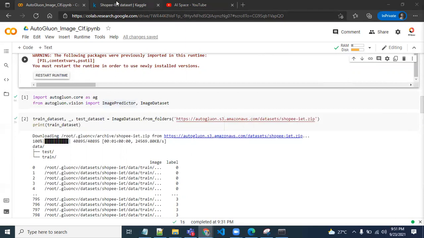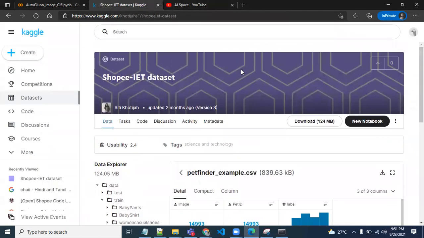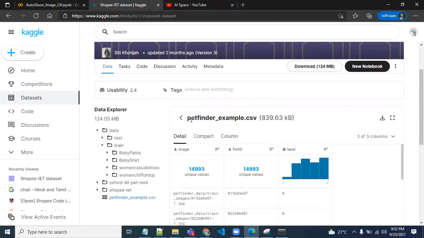So you can get this data from this Kaggle website. I will paste the link to download this dataset in the description box below. You can check this out, and you can see the data is split into train and test.